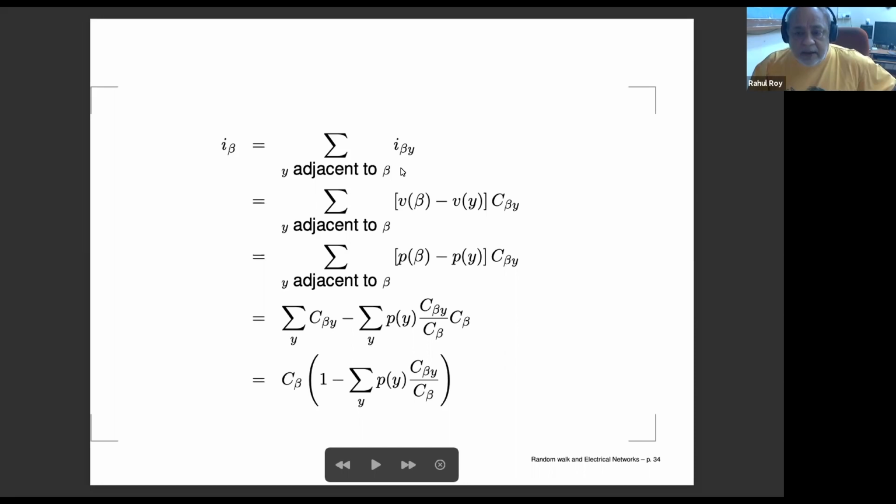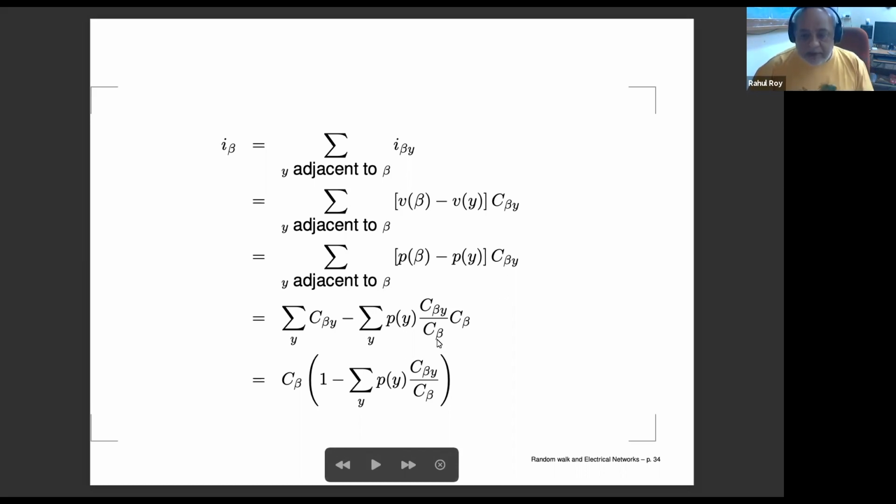But then again, rewriting I beta y as we did earlier, we have V beta minus Vy times the conductance C beta y. But because the solutions are the same, V beta must equal P beta. Therefore, I can replace V beta by P beta and Vy by Py to get this quantity. Now I know that P beta equals 1. Therefore, P beta times C beta y is nothing but 1 times C beta y, which is the sum which comes out. And then the next term is the negative part, which comes out, Py times C beta y over